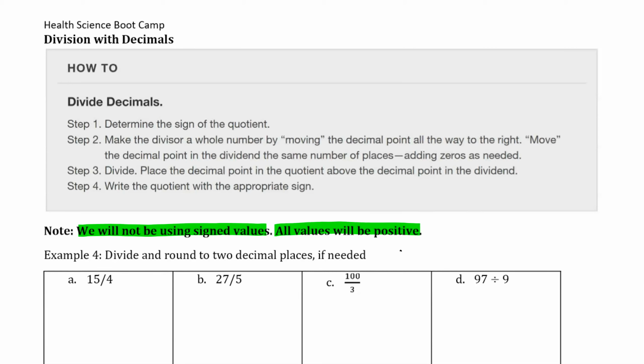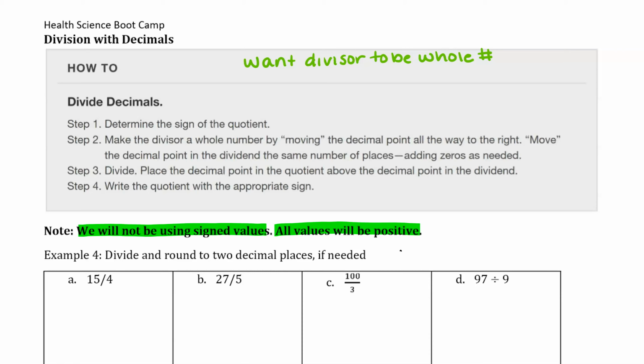Now, the problem with dividing numbers that have decimals is, if the decimal is in the divisor, you want that divisor to be a whole number. So you want the divisor to be the whole number. Now, whether the dividend is a whole number or not, that doesn't really matter, but we want the divisor to